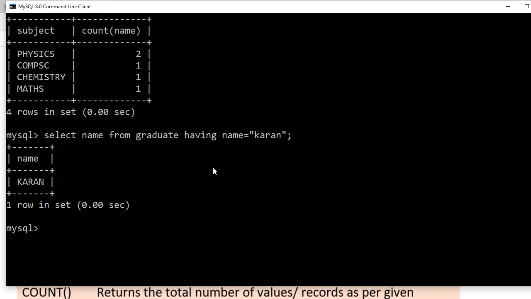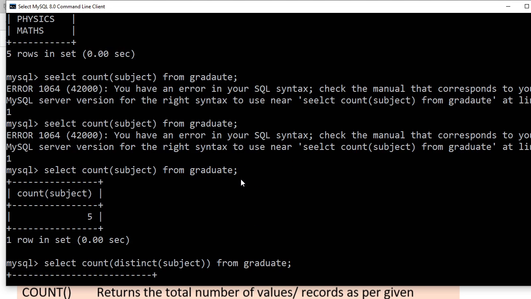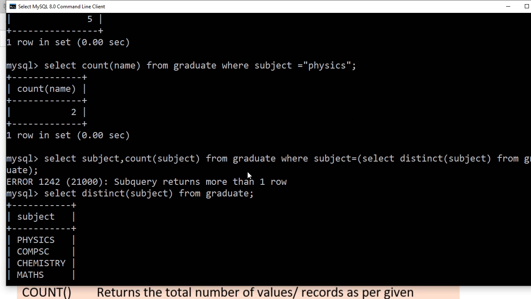Try to become expert in this, and make your query as small as possible, the better your output will be. We are using this having clause without where. If you try a few, it will be very good for you and you will be able to learn. So you need to practice.